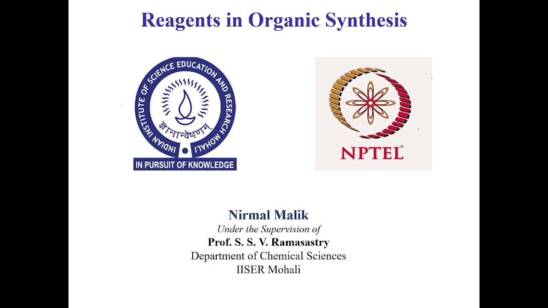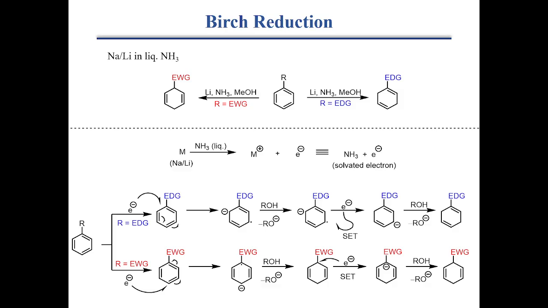In this class, we will discuss some reducing agents. First, we will summarize the Birch reduction. Birch reduction is a reaction where an aromatic ring is reduced in the presence of sodium or lithium in liquid ammonia conditions. Here you can see that in the presence of any electron donating group such as